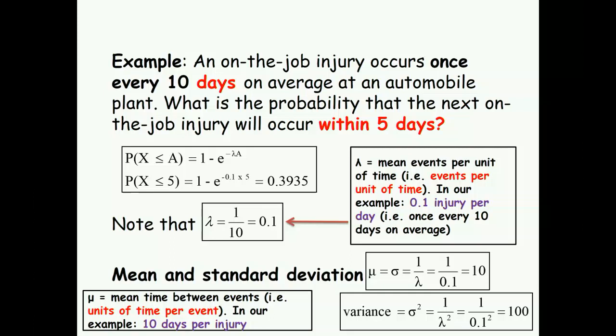Lambda is the same as what we did in Poisson. But when you talk about this one, try to differentiate. This is unit of time, the question is about time, so 10 days is about time. This is unit of events or occurrences, the injury. So try to differentiate between the two. Once we have the lambda, then it is easy to calculate. It doesn't really matter whether it is equal to or simply less than 5.